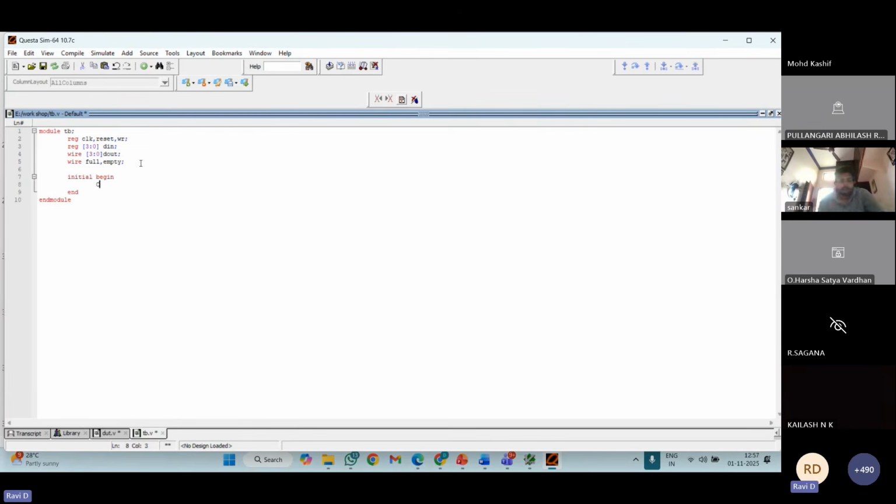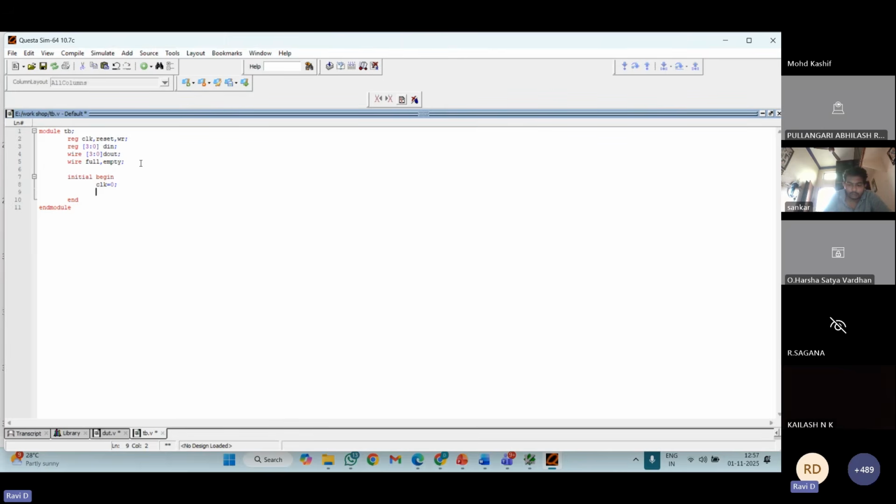So first I'm going to assign the clock. Clock equals 0, so that means my clock is 0. Then the clock should oscillate every certain time period, which I'll do with an always block. It should toggle 0 1 0 1 like that, right?